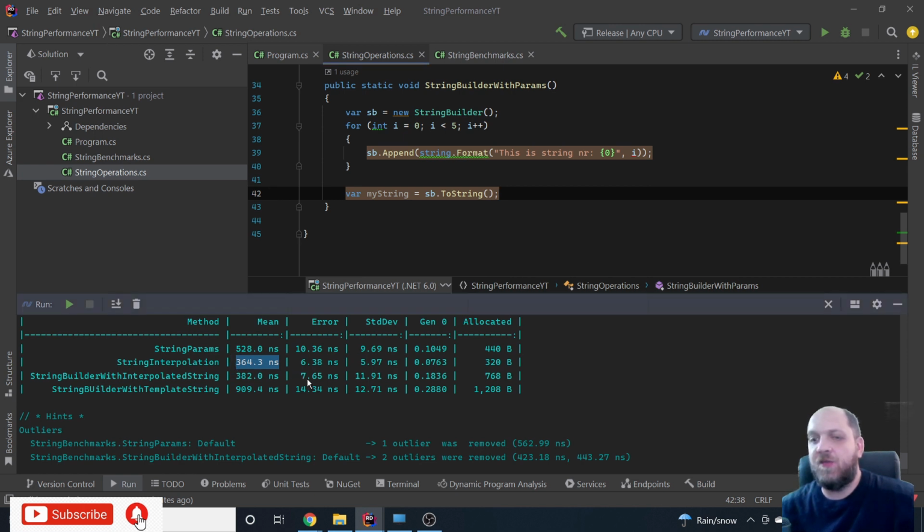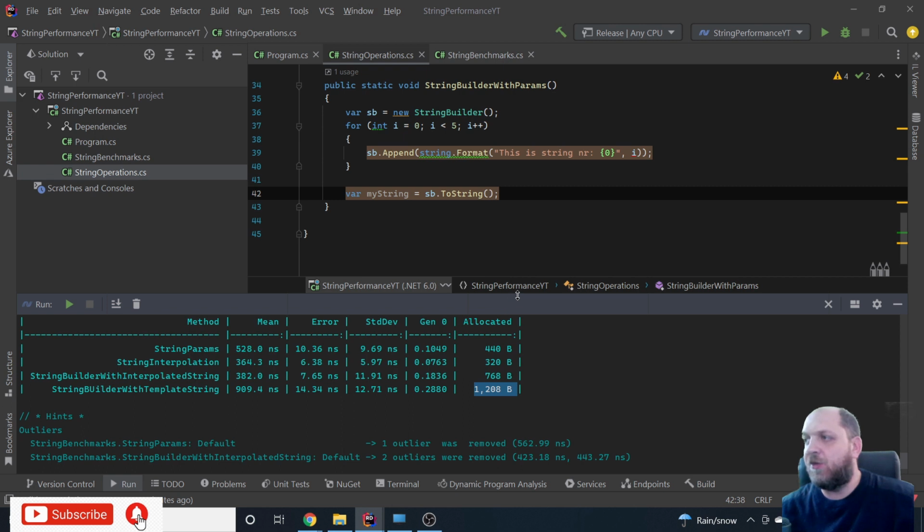Because the string builder just has this object, and while it tries to format the string, it goes with all these templates through a boxing process. That's why it's that slow,